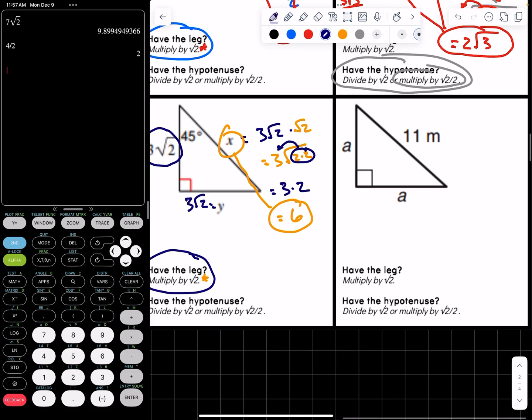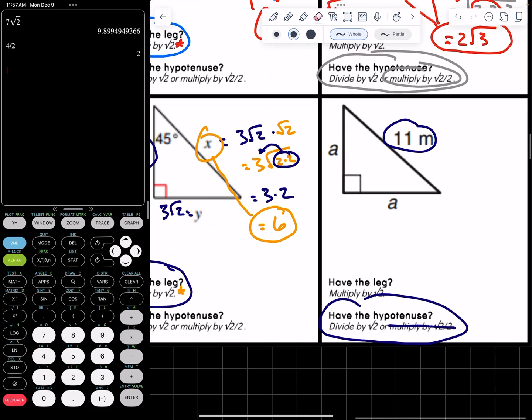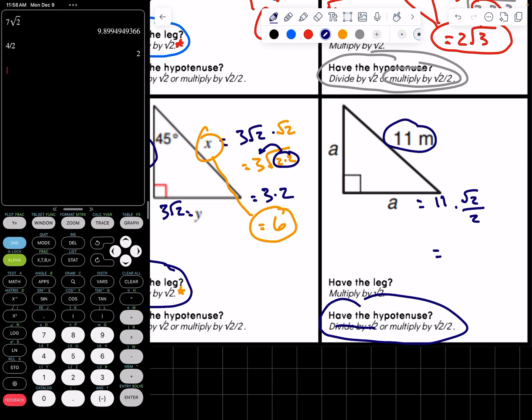Down here, I've got my hypotenuse. Okay, my hypotenuse, it's a whole number, so I'm going to use the divide by root 2 scenario. Actually, no, excuse me. I'm going to use my multiply by root 2 over 2. So A is going to equal 11 times root 2 over 2. And I'm just going to simply put this together. 11 root 2 over 2. Can't simplify down anymore. If I wanted to plug this into my calculator, I could. 11 root 2 divided by 2 would give me,